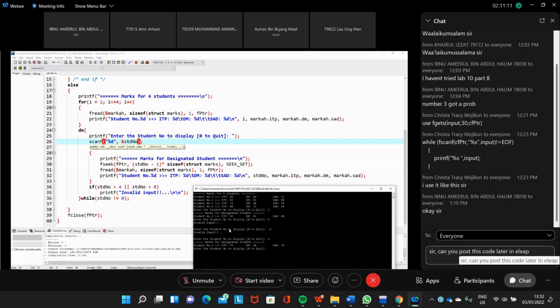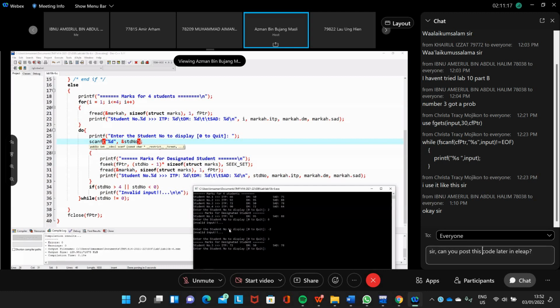So that's how you search a binary file. You just position your file pointer to a particular record. Because the size of the records is the same, if you go to a location, for example an integer multiplied by the size of your structure, then you get to that position in your file.